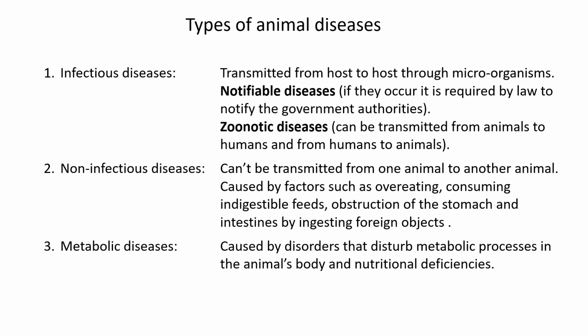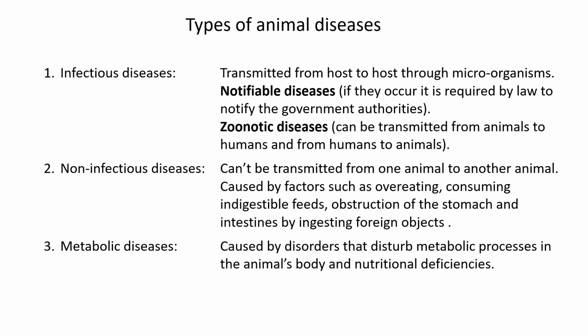And underneath this heading, it's very important to know that there are some diseases that are notifiable. So if they occur, it is required by law to notify the government of this. This notifiable disease can be something like foot and mouth disease, or in the human case, something like COVID, because you have to say somebody had it, because it can be transmitted and it is basically a pandemic. So notifiable diseases are diseases that can also become a pandemic because they spread so easily from animal to animal.